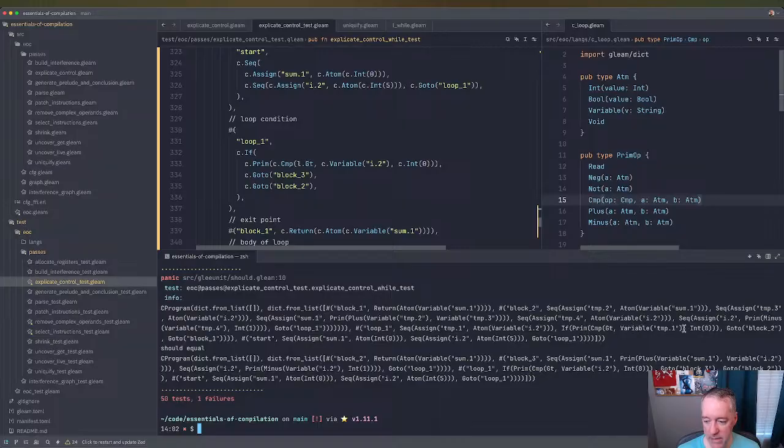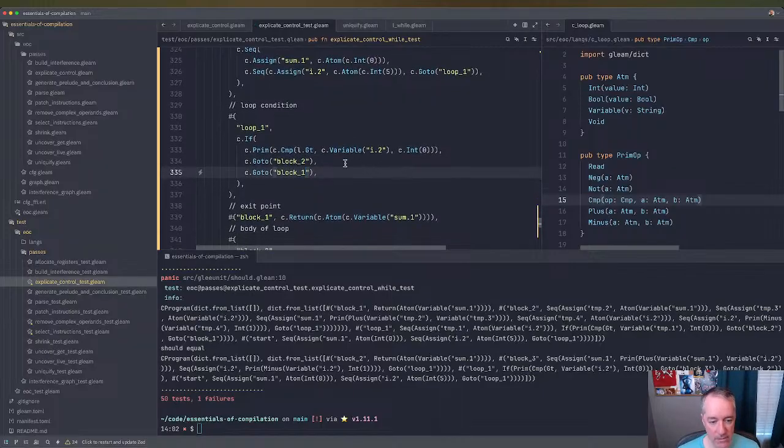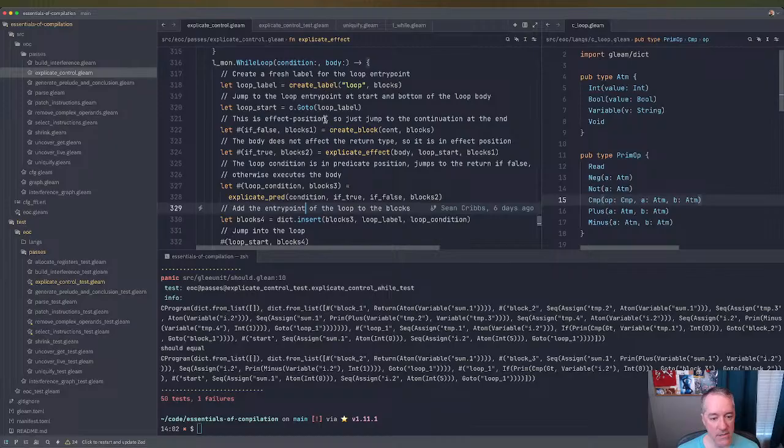And then it's comparing temp 1 to 0, and go to block 2 or go to block 1. Okay, so this makes sense. We don't have block 3. And the reason why this makes sense and they don't actually conflict is that, and this is maybe okay, but note what we're doing here is we're creating the label